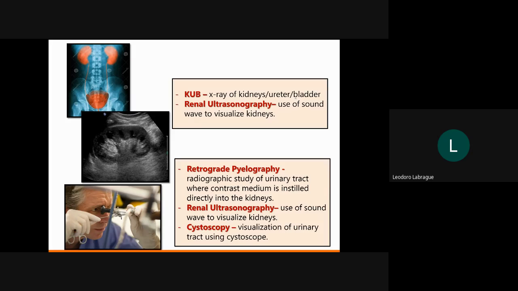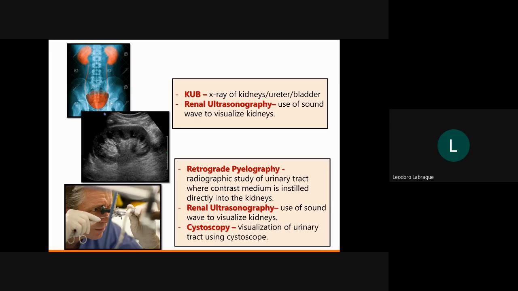How is the procedure done? You just bring your patient to the X-ray room, and then the X-ray technician will do the X-ray, and you will visualize exactly the problems with the kidneys, the ureter, and the bladder. See the first photo here. This is an X-ray result, and you can actually visualize the kidney, the ureter, and the bladder. And the doctor can actually diagnose if the patient has a problem or not.